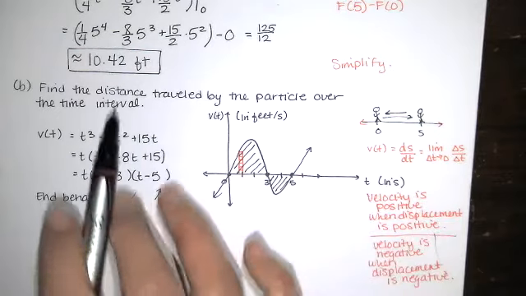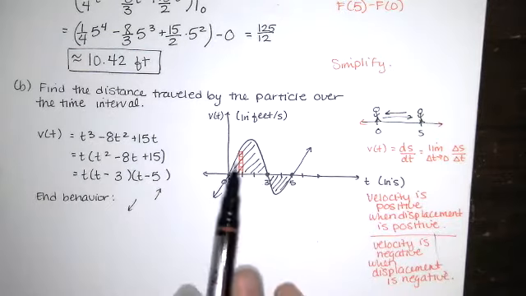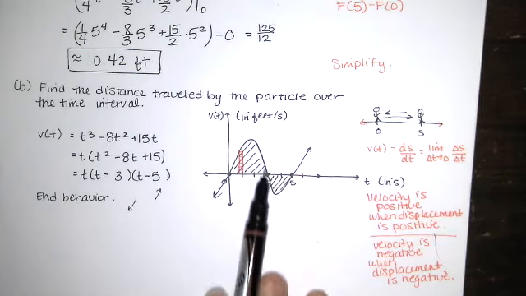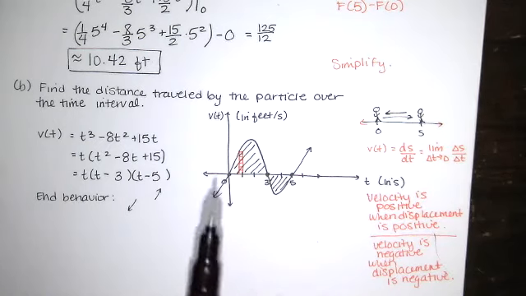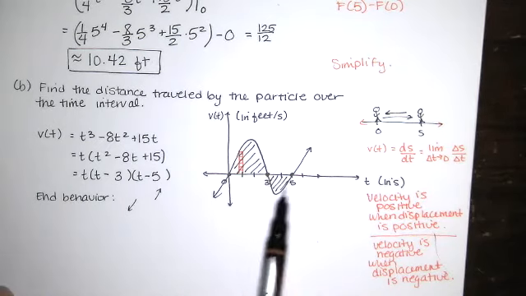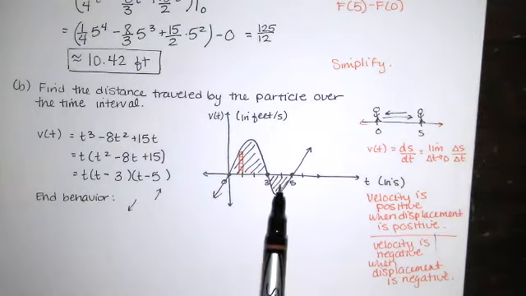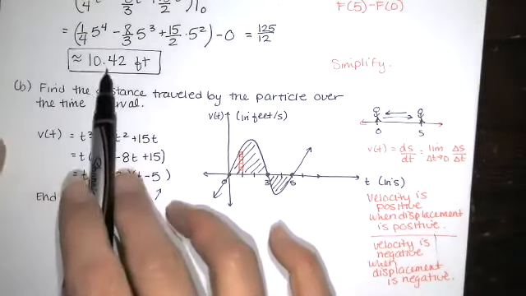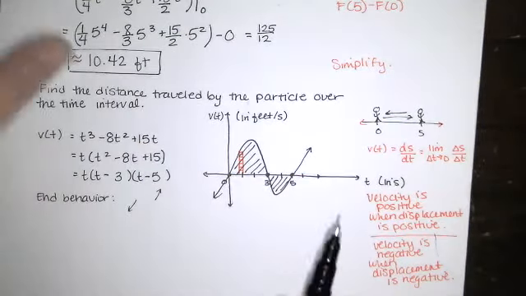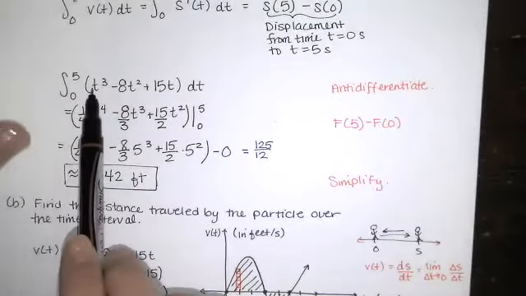If I want the total distance traveled, I need to count the number of feet that I traveled in the positive direction, and then I need to add the number of feet that I traveled in the negative direction. So I need to find this area, but I can't count it as negative the way that we did up here. Up here, when we evaluated this definite integral,